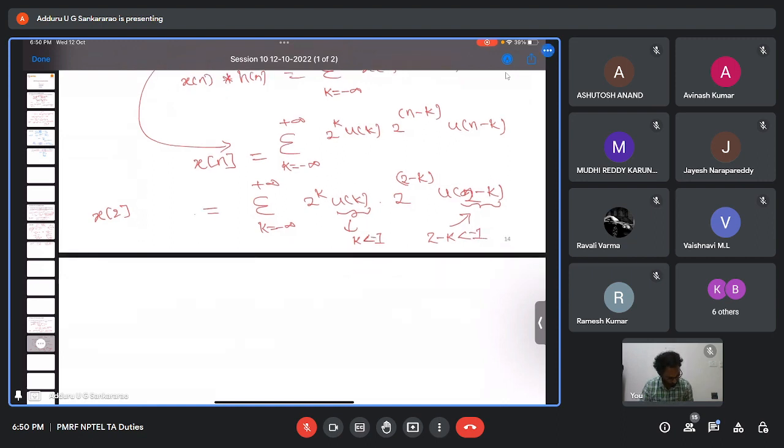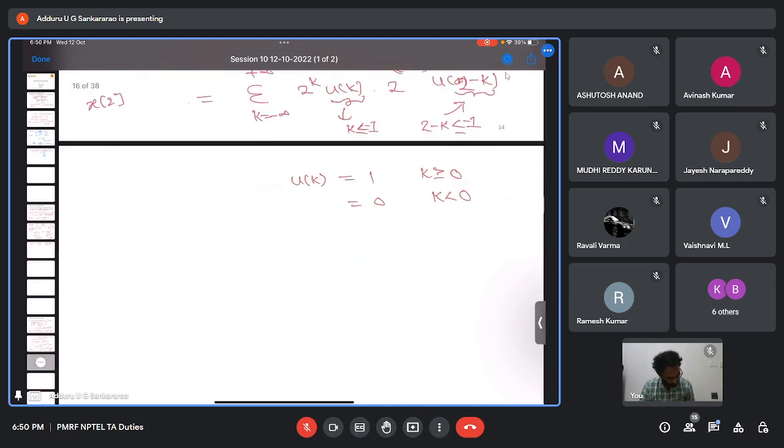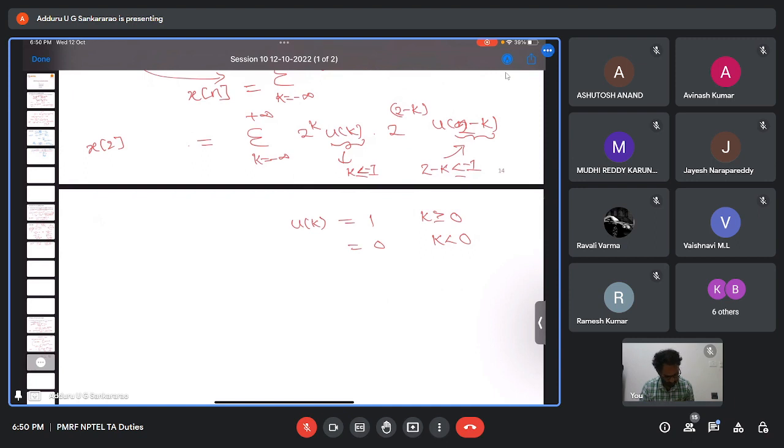So we know u of k equals 1 for k greater than or equal to 0 and equals 0 for k less than 0. So based on that, this will exist only for